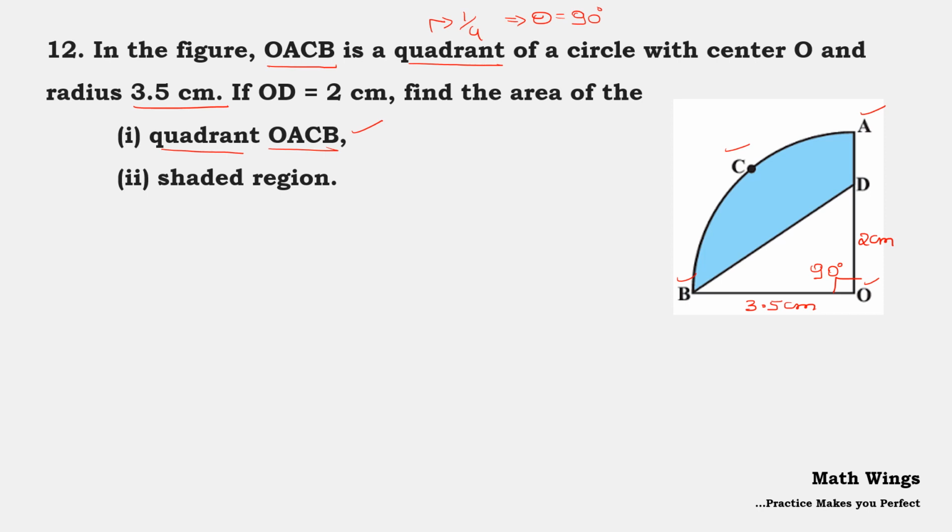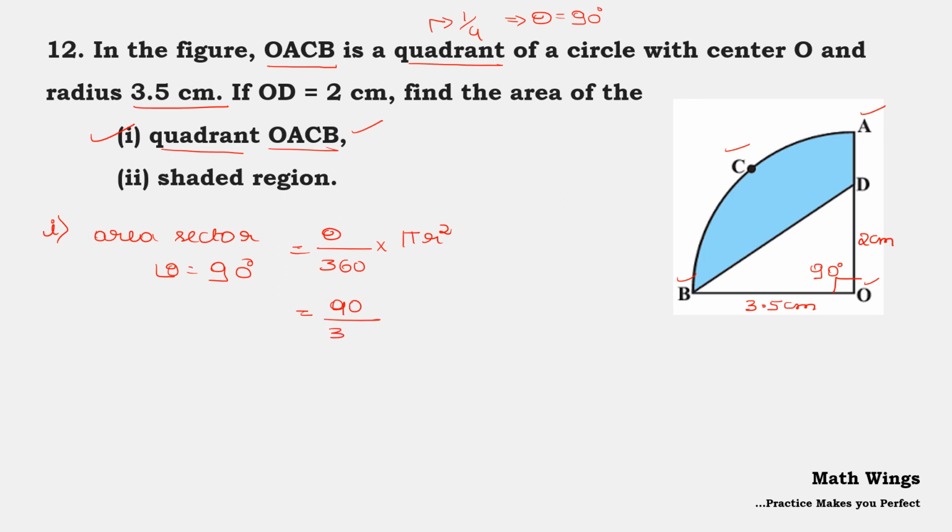So let us see how we can find the answer. Let us go with the first question. What's the first question here? First question is to find the area of the quadrant. What's the formula? It's nothing but the area of the sector with the angle theta equal to 90 degrees. So what is the formula? Theta by 360 into pi r square. They have not asked us to take pi as any value. Therefore, we can just substitute pi as 22 by 7. So theta here is 90 degrees.